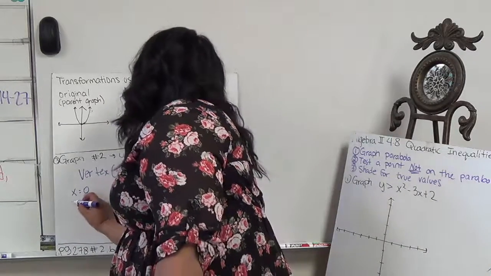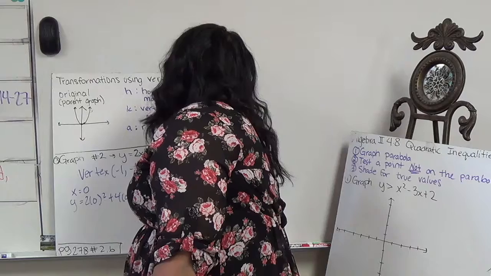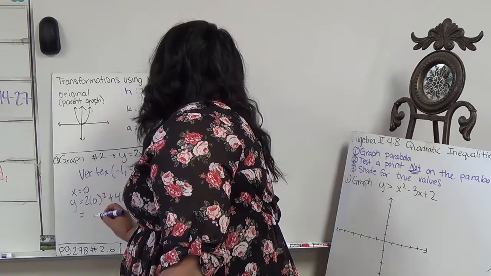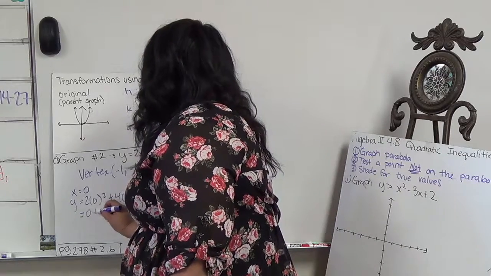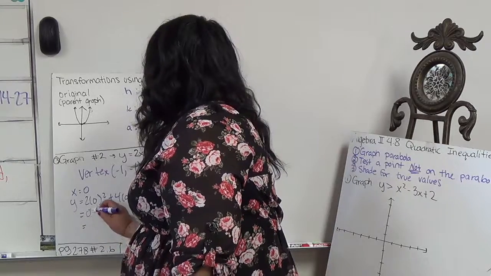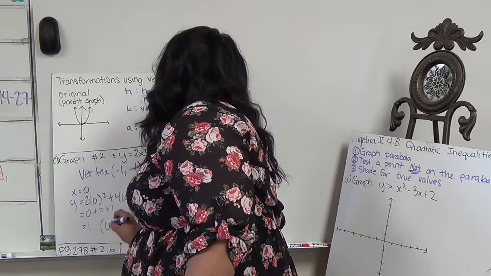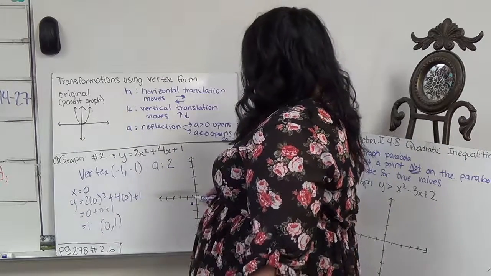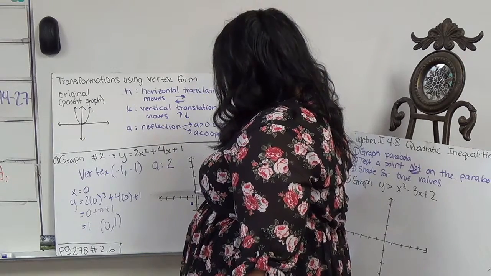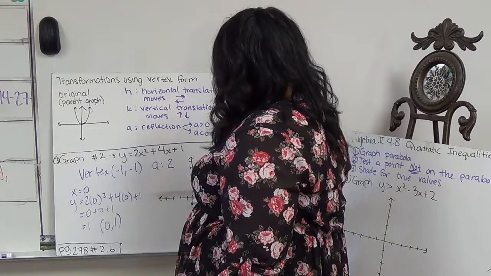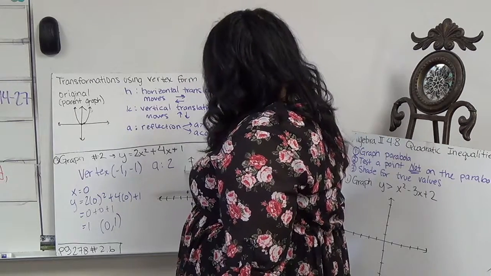Okay? So y equals 2 times 0 squared plus 4 times 0 plus 1. 2 times 0 is 0. Plus 4 times 0 is 0, plus 0 plus 1. This is 1. So our point here is 0, comma 1. So another point we have is 0, comma 1. Okay? Here's my axis of symmetry. So if this is 1 away, then it's also 1 away here. So from there,